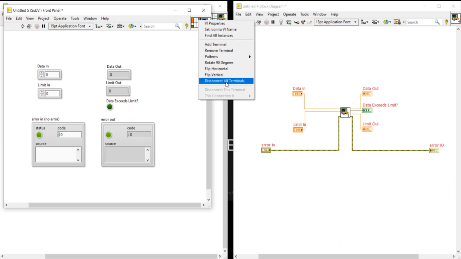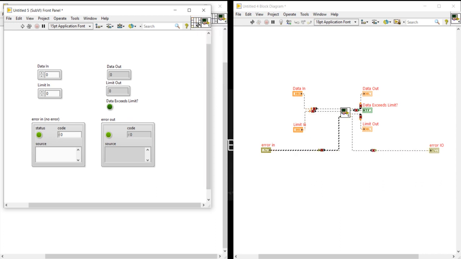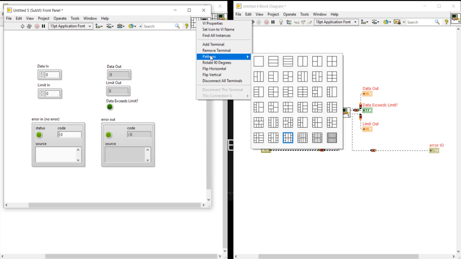Right click here, disconnect all terminals, right click, come into the patterns and the best output will be, we can take this one.